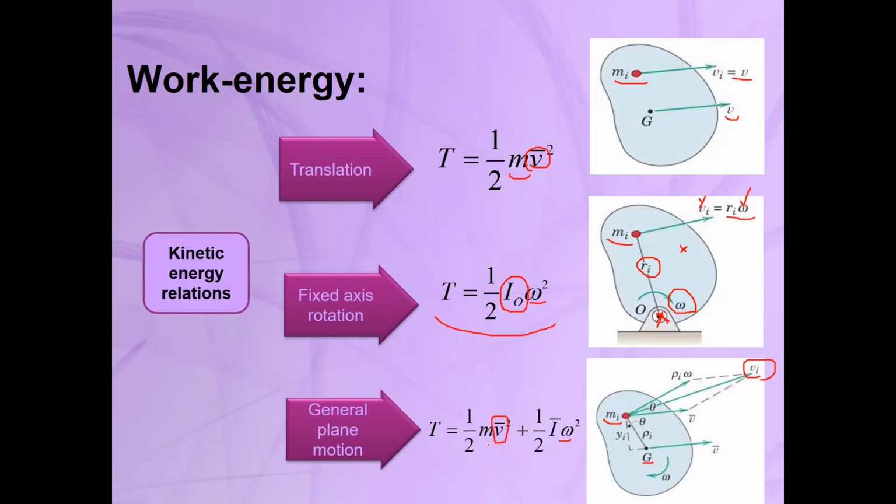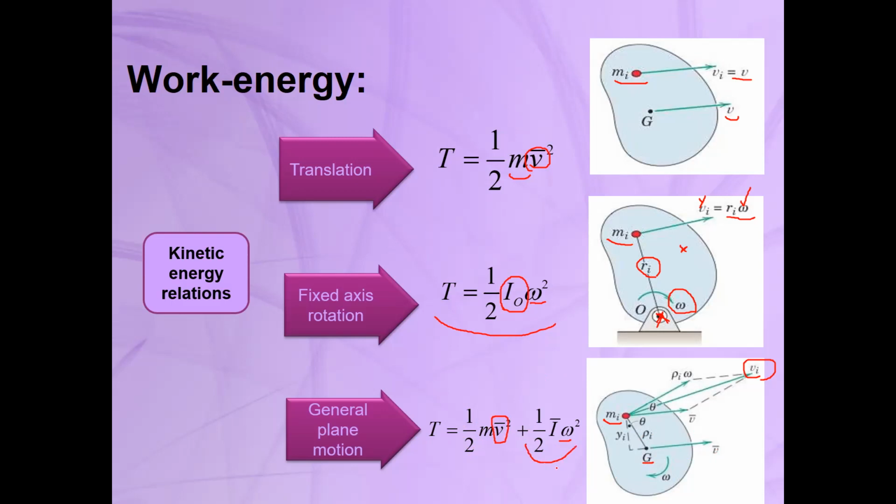But in the kinetic energy, you should consider the velocity of the mass center, which is v bar. So to obtain the kinetic energy for a rigid body, we need to obtain the velocity of the mass center. Clear? So in this equation, this is half m v bar squared plus